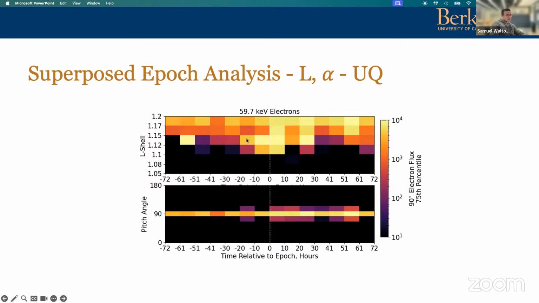In the most extreme cases, you get, again, a decrease in the L shell of these fluxes, followed by an enhancement, and then going back in the opposite direction as the storm progresses towards the end, 3 days after minimum Dst. And then the pitch angle distribution starts to flatten a little bit, starts to isotropize a little bit after the storm, suggesting that when these electrons get below L of 1.2, they are actually being scattered somehow, or being lost to the atmosphere, which is still an open question. We don't really know what happens to them once they get there.